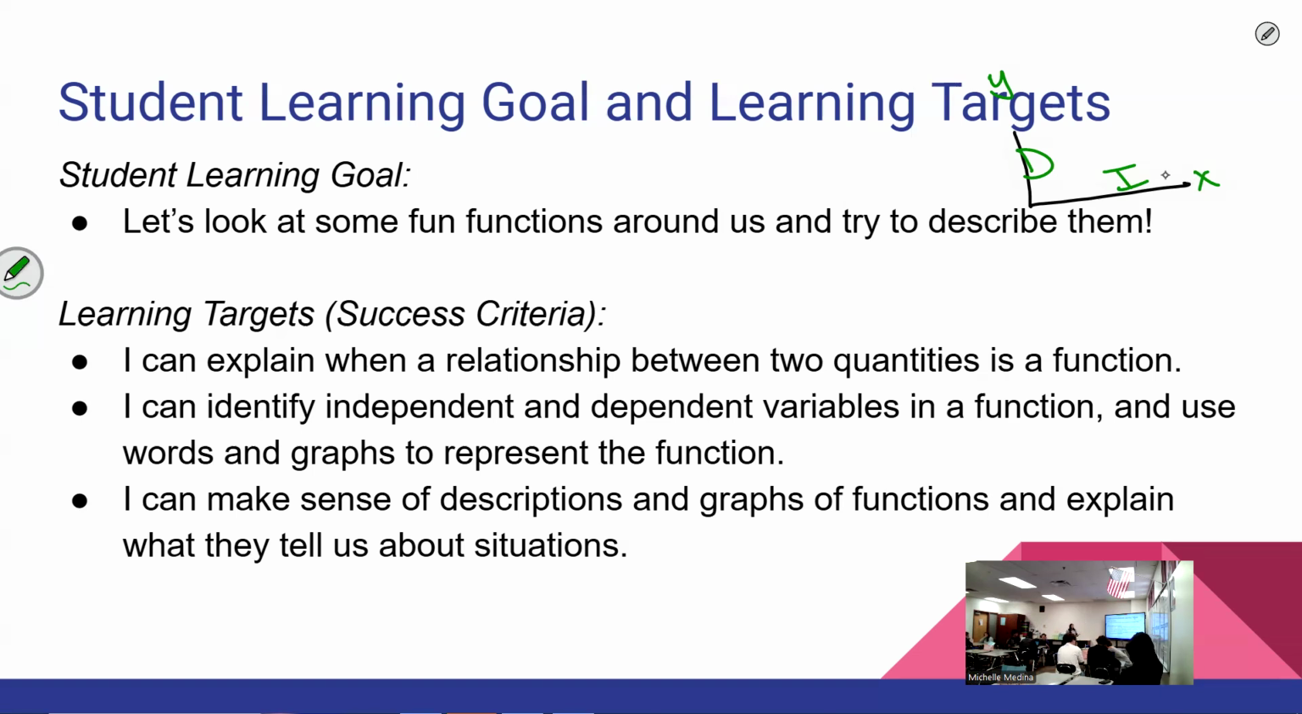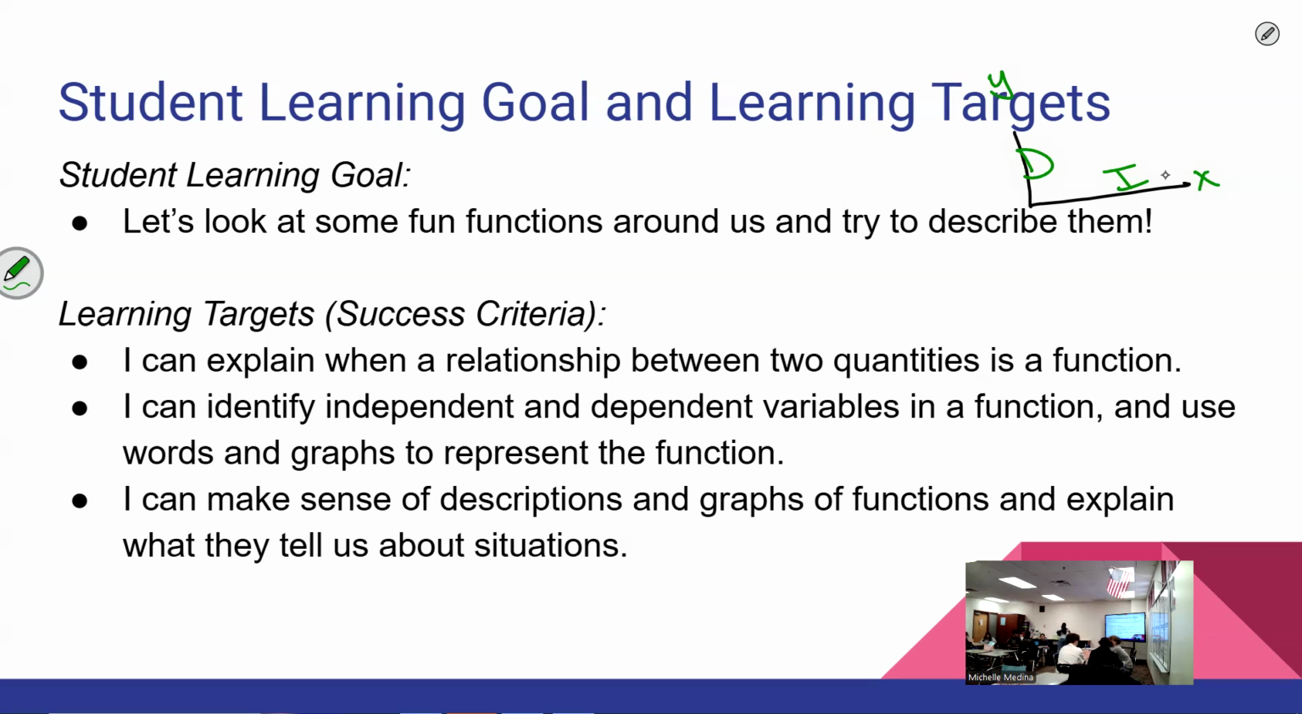And then we also looked at different descriptions and graphs of functions and explained what they tell us about situations. We got through almost the entire note sheets. The part that we didn't get to, I still think is important. And I feel like maybe it'll make more sense when we talk about function notation. So maybe I just have to wait until next week to bring it up again. But